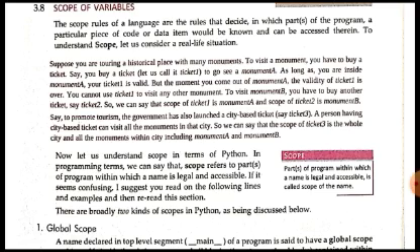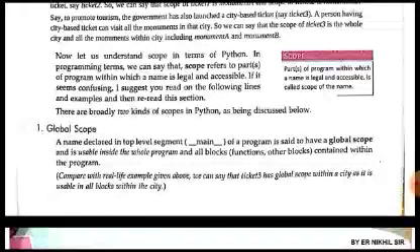First of all, we can discuss the global scope. What is the global scope? A name declared in the top level segment, which is outside the scope of any particular function, that is, in the main program. Top level segment means the main program segment. Those names which are declared in the top level segment or the main program are known to have a global scope. They are usable inside the whole program, within all blocks, and they are accessible within all the blocks. That block could be any function or any other block.